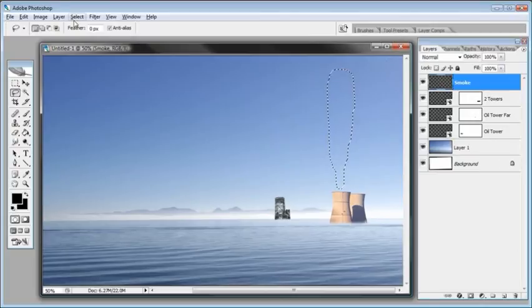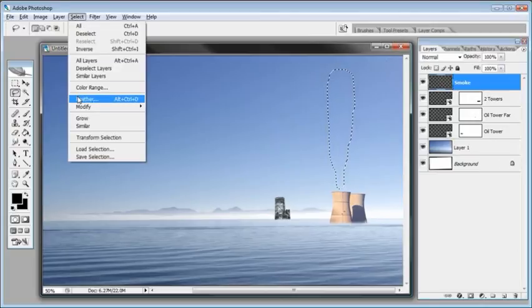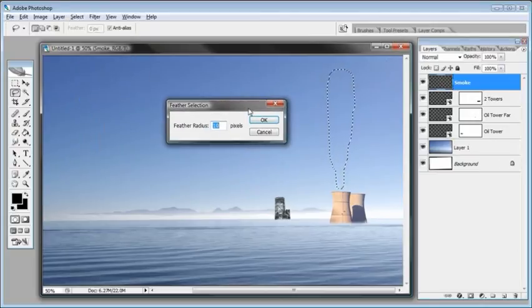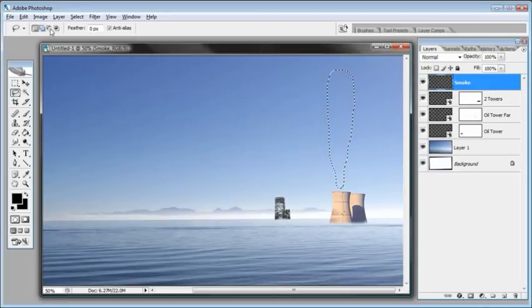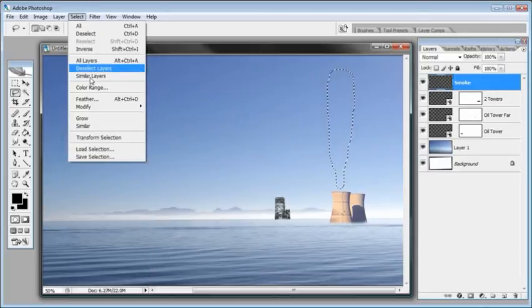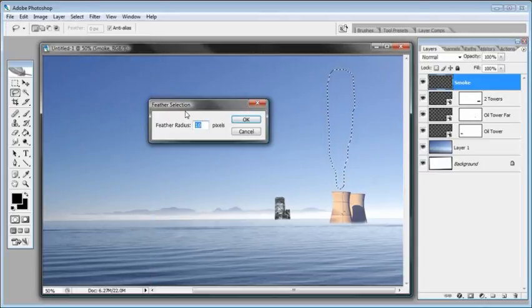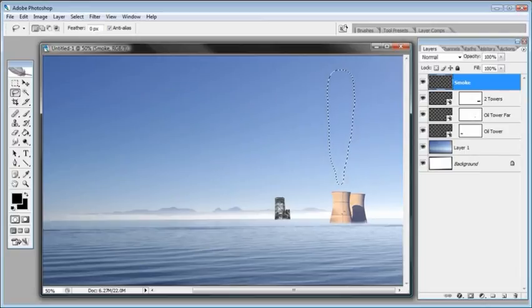And then what I can do is come over here to select feather and feather the selection that we've created. So anything that we do inside of that selection is going to be soft around the edges. So let's see, feather radius of about 10. I could probably undo that. I might be able to get away with something like 20. A feather radius of 20. There we go. And what we're going to do is apply a clouds filter inside the selection to create the